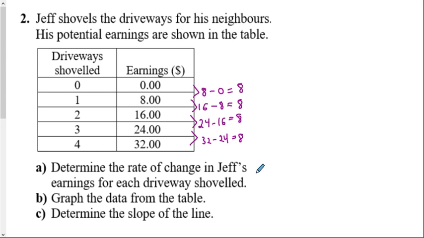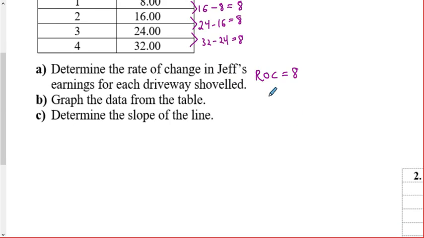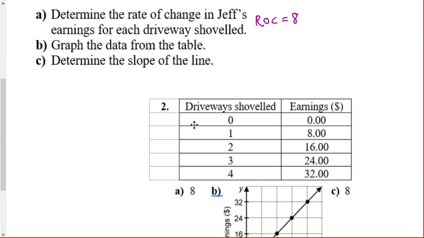So I can say, okay, my rate of change is also my slope. Well, that's actually a later question, so I don't want to write that in here yet. My rate of change, I'll just say ROC, rate of change is 8. Now, if we were to graph this, I can't actually go to Desmos with you right now because I'm recording this, and I don't have my second screen anymore because I'm not at the school. So I'm just going to bring out my solution here,